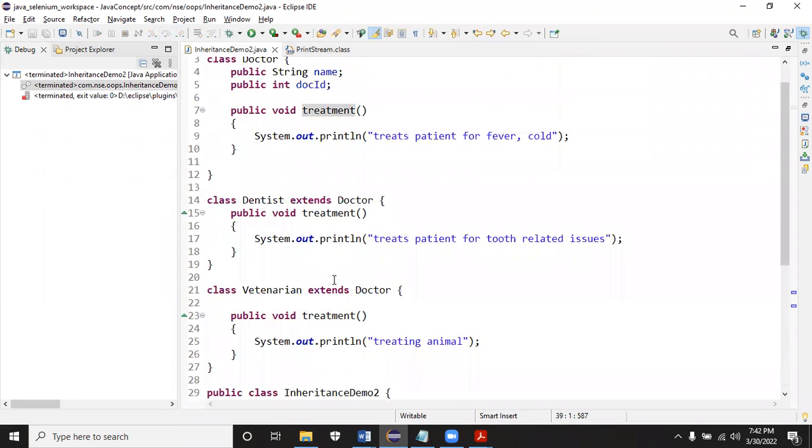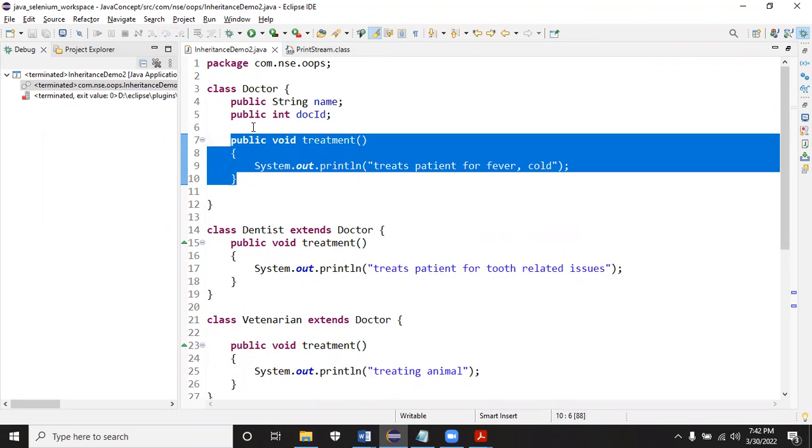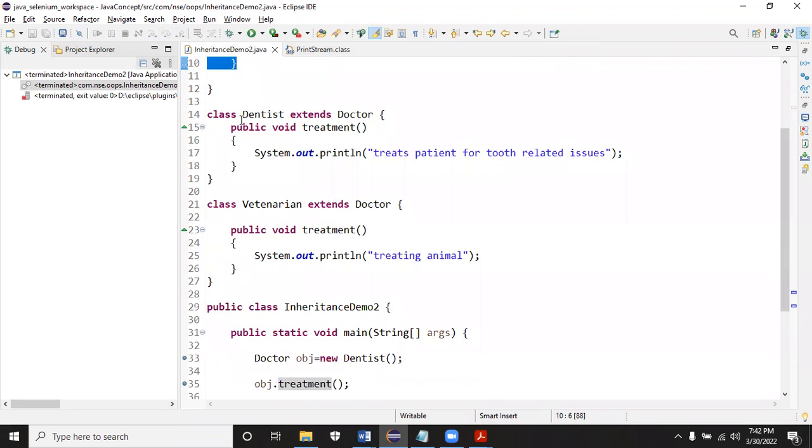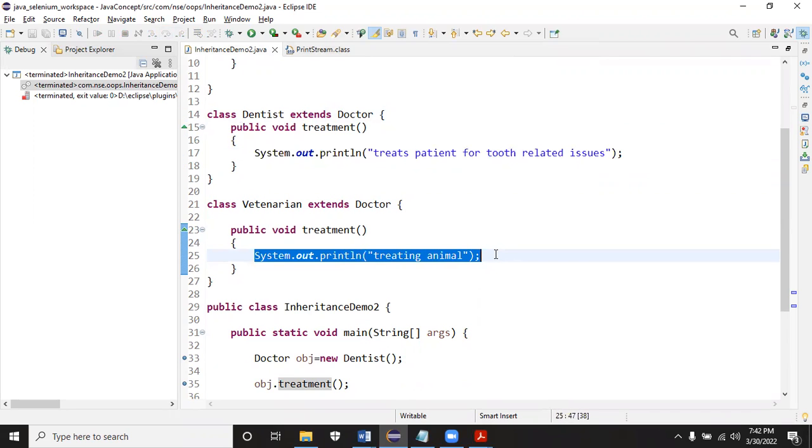This similar concept is used in Selenium also. For example, they have created something like a quit method for closing the browser. For closing the Chrome browser, the definition will be slightly different. For closing Firefox, the definition will be different. Or if you are finding an element, how Firefox will work and how Chrome will work, based on that, definitions will be different. So they were able to give different definitions by using the method overriding concept.